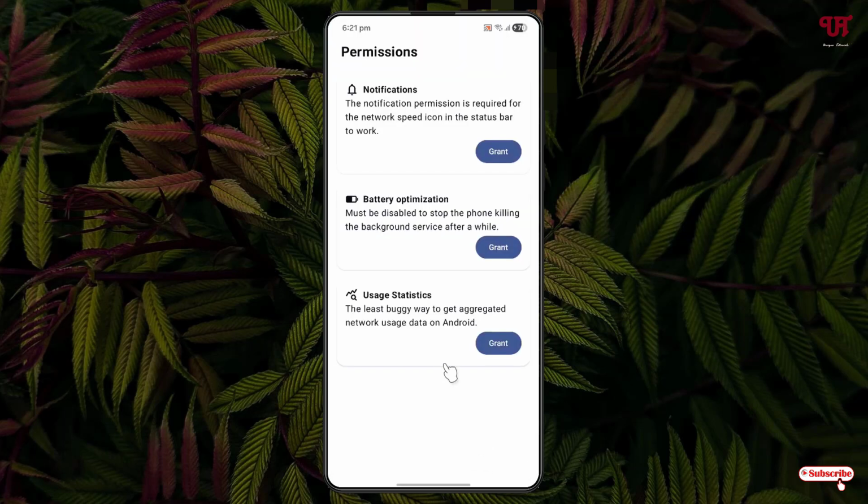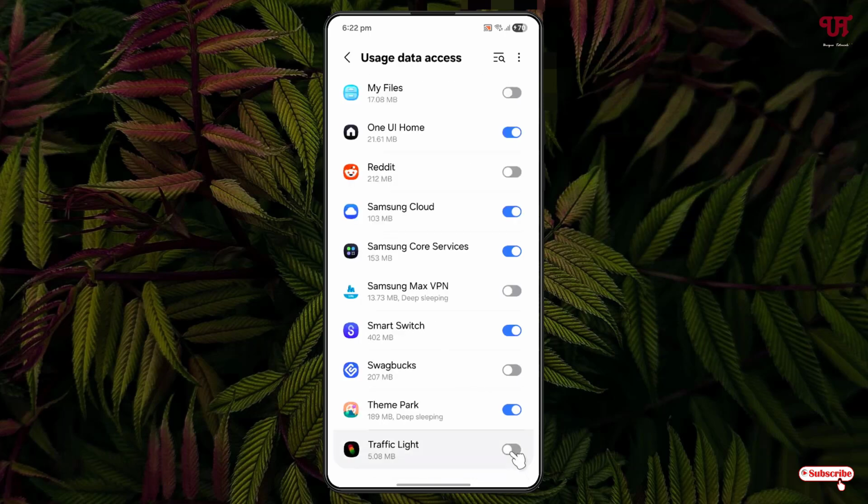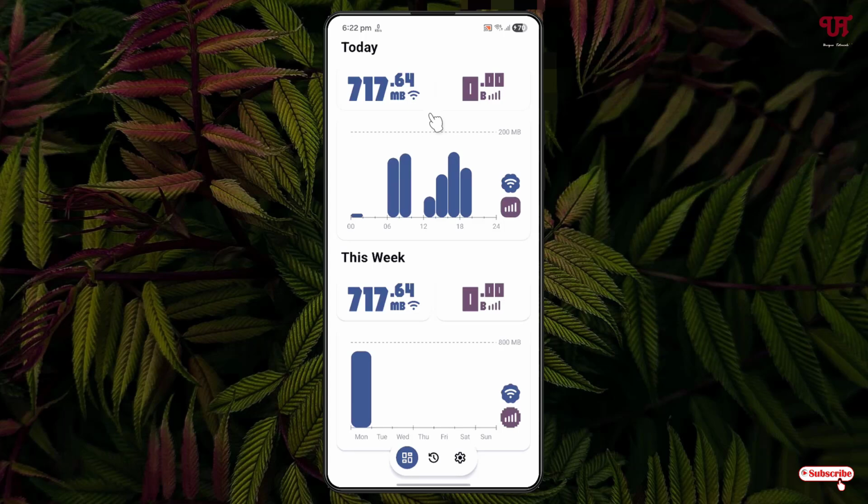On opening, it will ask you some permissions. Just allow all the permissions. Just click on green. Click on allow. Click on green again. Click on allow. Click on green. Just scroll down below and just turn on this traffic light option. Just move back. Now you can see here total Wi-Fi internet usage, as you can see, and next to it